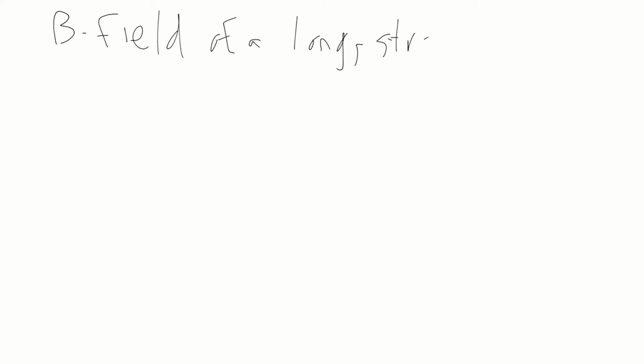Today we're going to talk about two types of magnetic fields in specific. The first one is going to be the B field of a long straight wire. Now, the reason that we say long straight wire